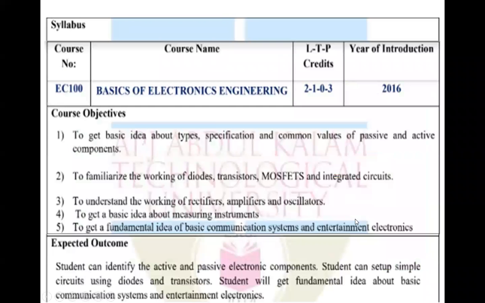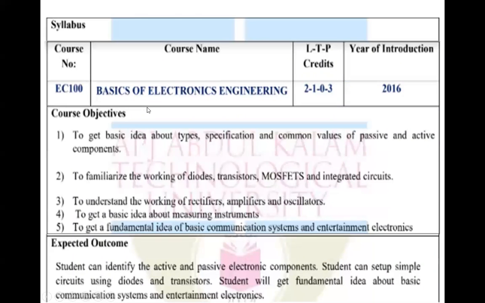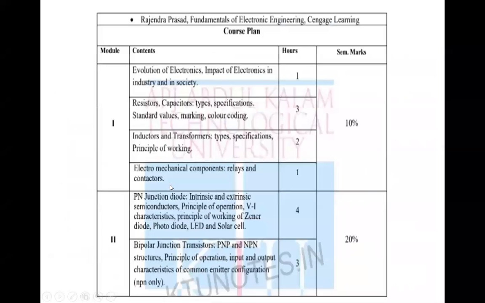Okay. So now we'll see how we can write a course outcome for a simple course like this. That is, the course name is Basics of Electronics and the credits is 1 tutorial, no practicals. So it's basically a theory course. So using this theory course, you have to impart some skill to the students. That is what should be highlighted in your course outcome.